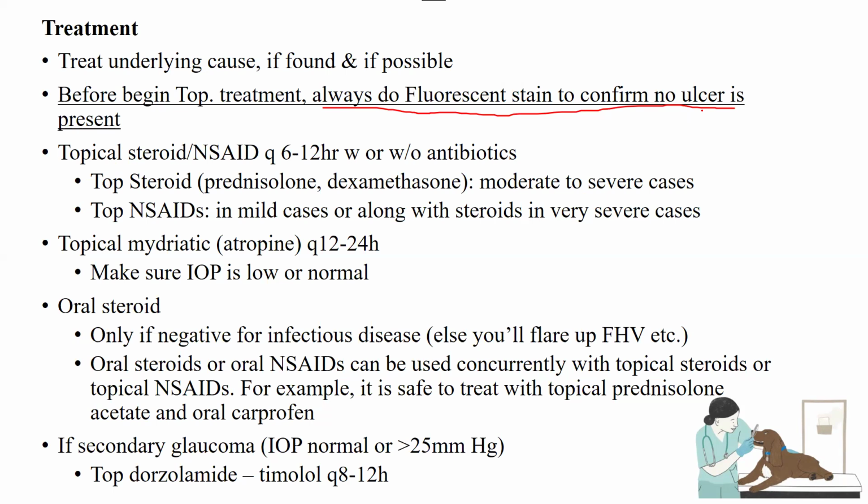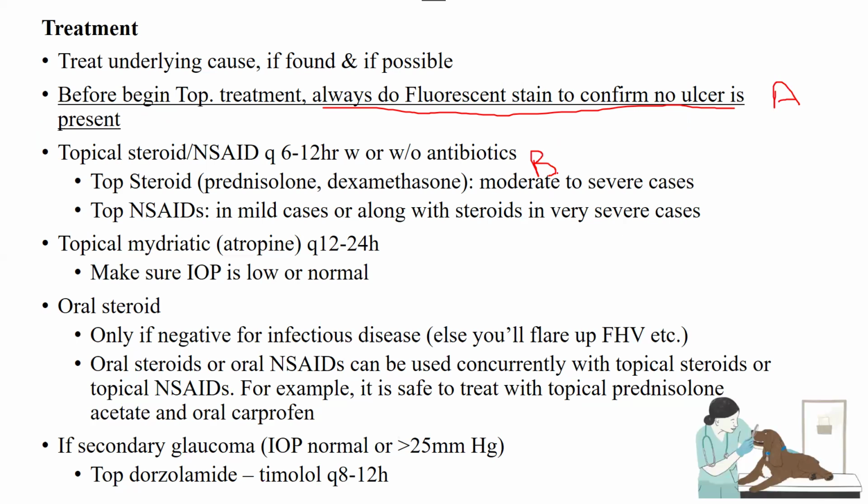They might give you a case scenario in which they give you everything, like the pathognomonic signs of anterior uveitis, like they have given you aqueous flare and everything like that. And after that, they may ask you for your next step. Like the next step for the treatment, and option A might be do fluorescent stain. Option B might be start steroid. Option C might be do something else.